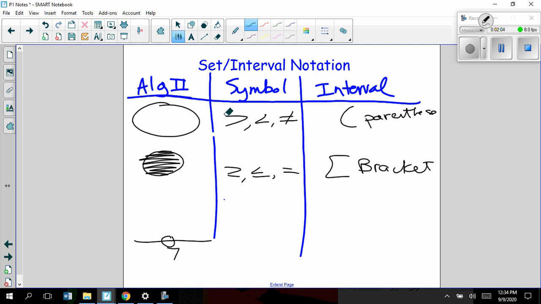I don't know how to spell parentheses either, so it's just